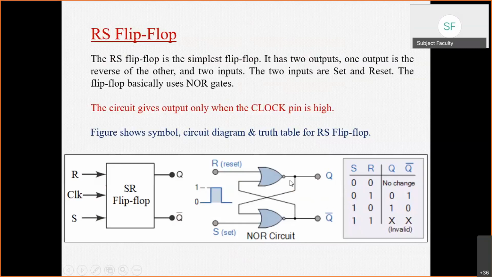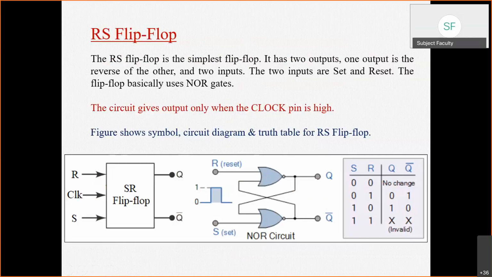Okay, so now here we are discussing this with the NOR gate. So this is the NOR gate. Just for the purpose of recall, can anyone tell me what is the function of a NOR gate? How does its truth table look? That means when the inputs will be high, or when the output will be high or low for the NOR gate.